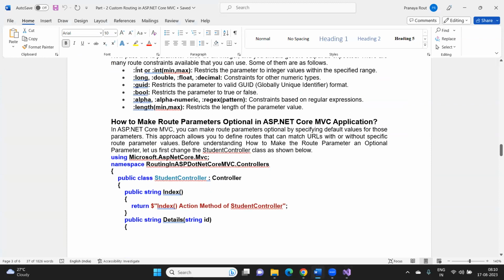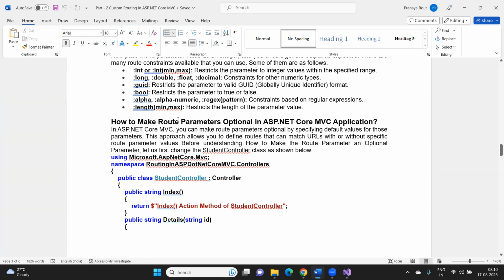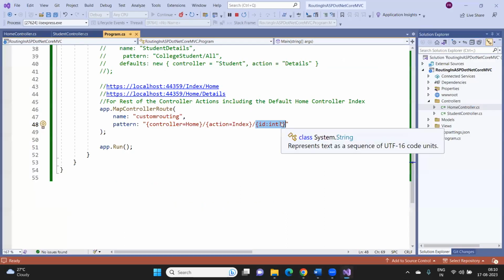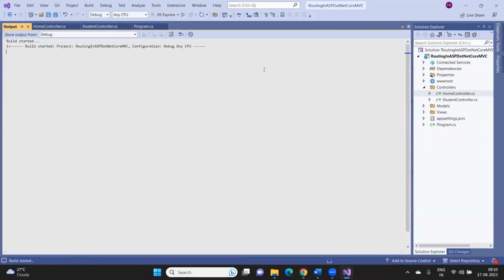And apart from this integer, you can provide long, float, boolean, alphabet, right? For alphanumeric, we can create alphabet length, minimum, maximum. What should the length of characters be? What is the minimum, maximum? Integer values you can also pass. For example, in this case, I'm making the minimum value 10 and the maximum value 20, right? So now if you run the application,